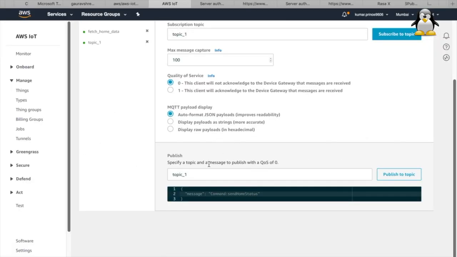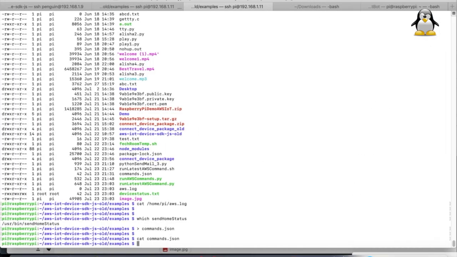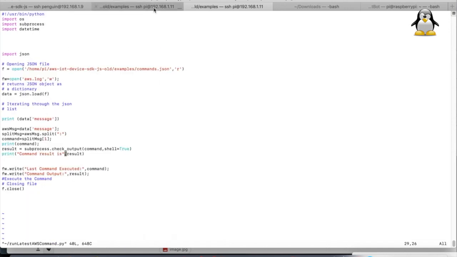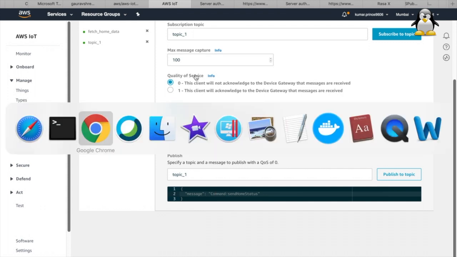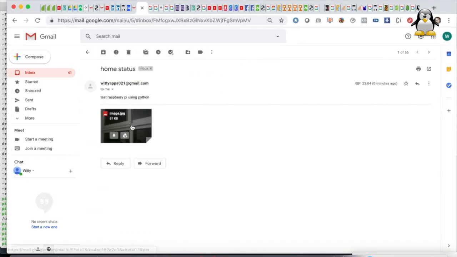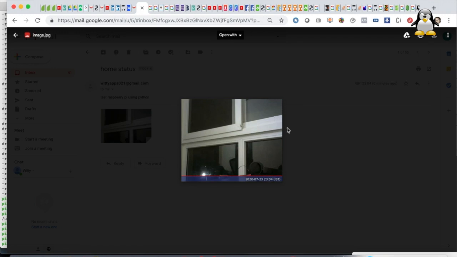Again I will send home status. This is running. Finally you should get it. See, I have changed the camera orientation, so I am getting another image.